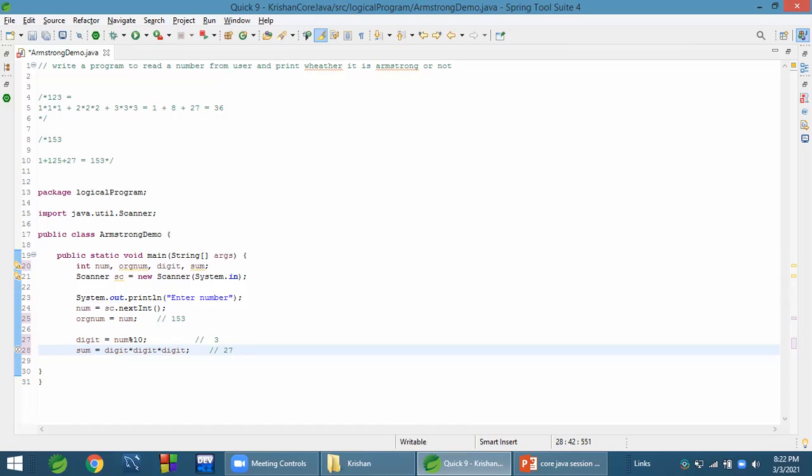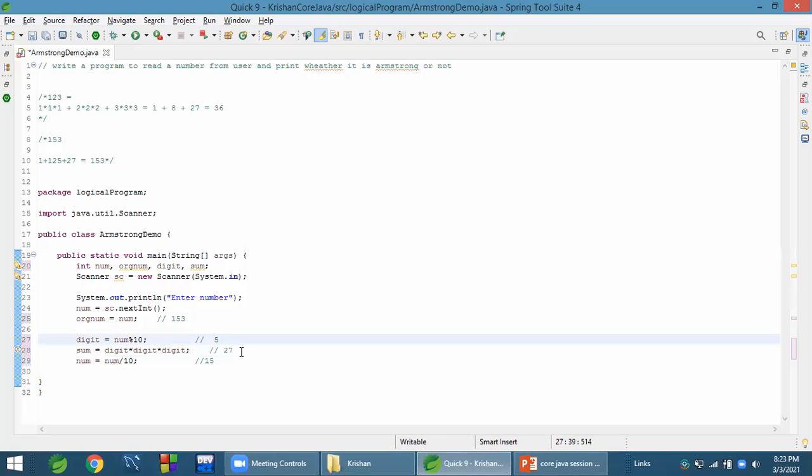Then again, I want the last but one digit. For that, we will make num equals num by 10. Now the number will become 15 and num mod 10 will become 5.